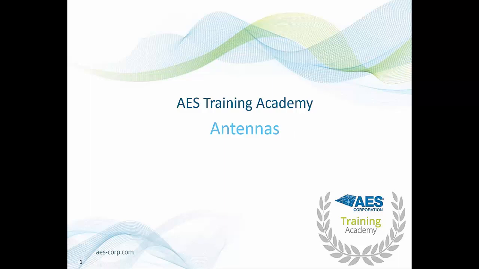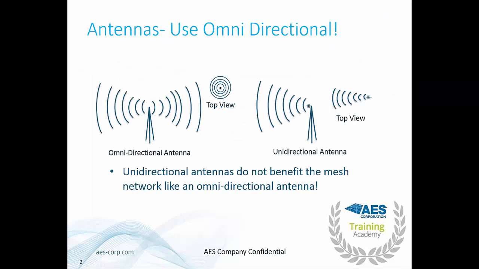They are a very important component to installing an AES subscriber and one of the most misunderstood pieces. The first point is that AES always recommends using omnidirectional antennas. AES utilizes a radio mesh to get the radio signals back to the central station. Using the correct antenna will ensure that we are able to connect to the closest peer and give the subscriber the highest signal strength. AES always recommends installing the antenna above the building roofline so that the subscriber has the best chance to hear the closest radio.